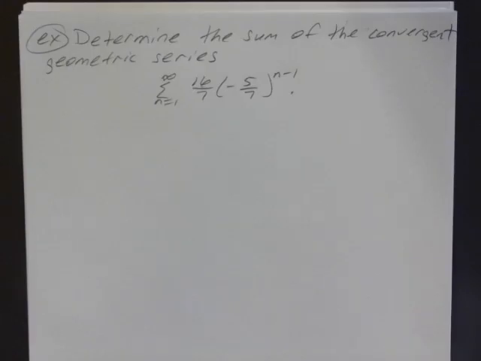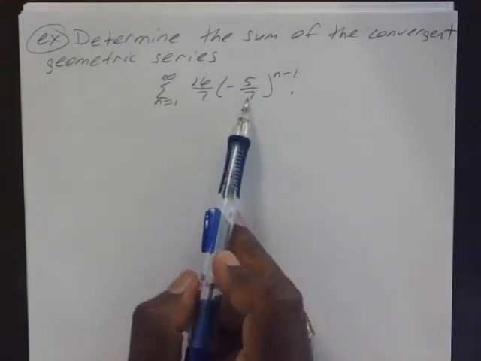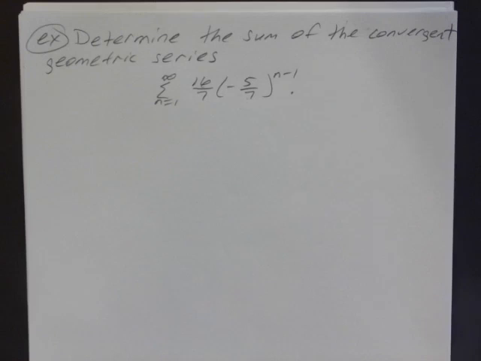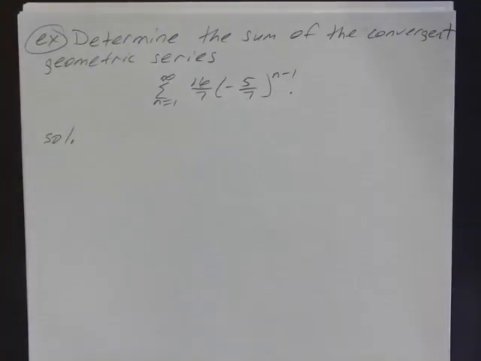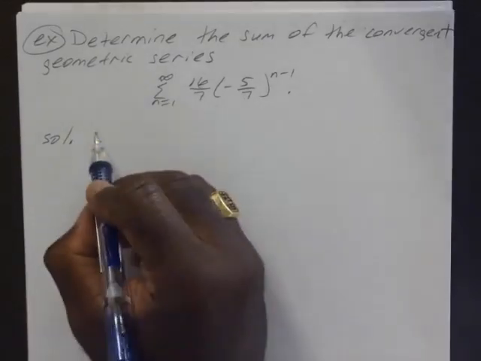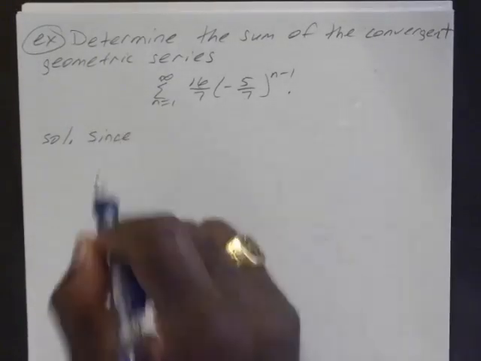This is what we're going to have to worry about with this one, at least not proving convergence, which really wouldn't be that difficult because the absolute value of negative 5 over 7 is less than 1, so it would be convergent. But okay, since the series is convergent,